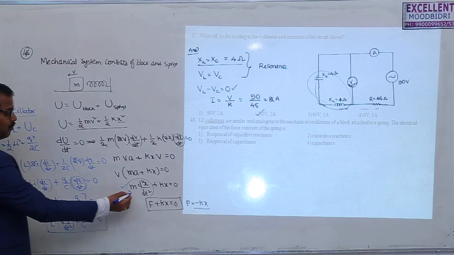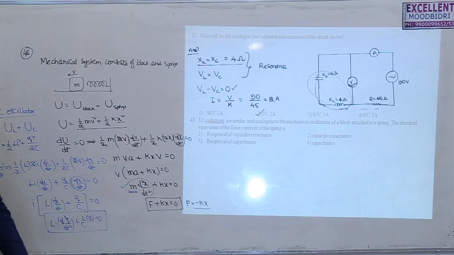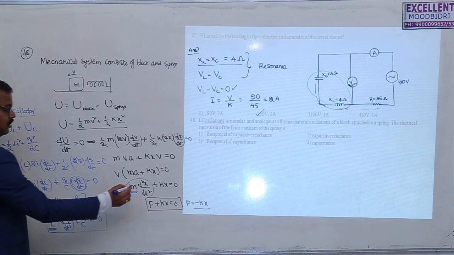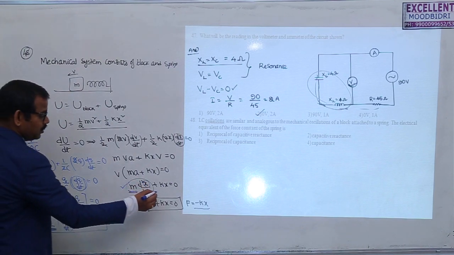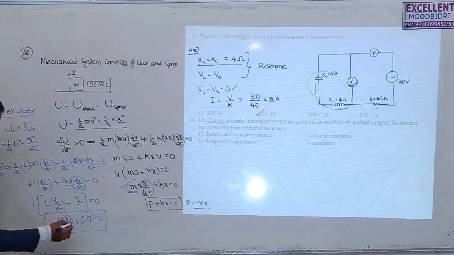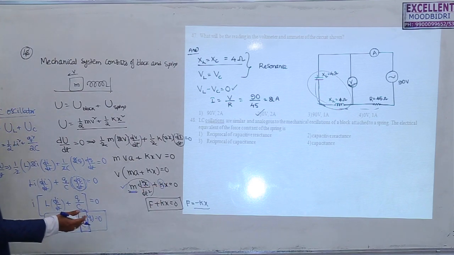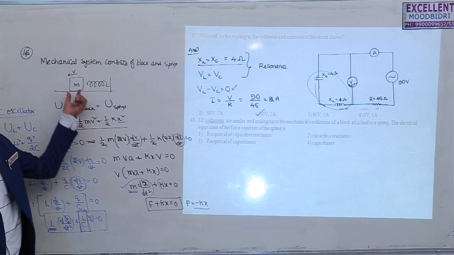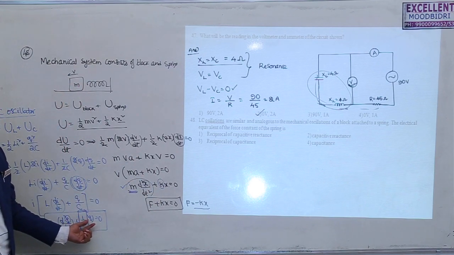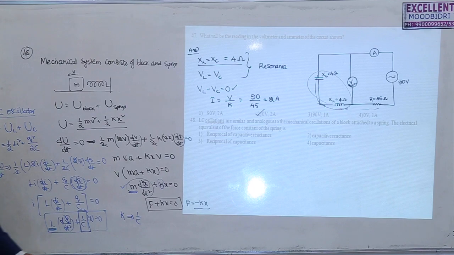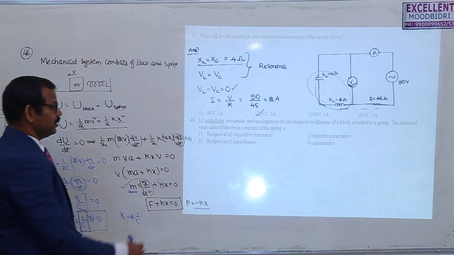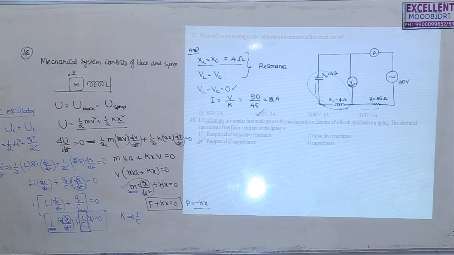Now if we compare these two, the mass in the mechanical system is similar to the analog of this inductor. Here displacement is changing, here charge in the circuit is changing, here k is the force constant, here 1 by c is the corresponding analog. Displacement of the block will change, charge in the LC circuit will change. So from this we can say k is similar to 1 by c. So the force constant equivalent is the reciprocal of the capacitance, option 3.